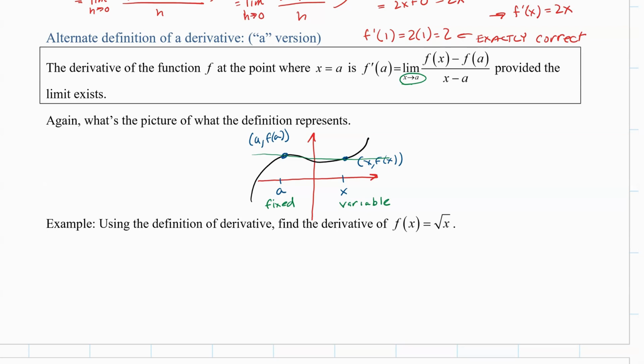Well, right now, x and a are different. But if I pull them closer, I get different lines, and each of those lines gets closer and closer to being a tangent line until they're right on top of each other. But when they're right on top of each other, well, we get that divide by 0 error again, and that would be problematic. So let's see what happens when we try this definition on some other function, like the square